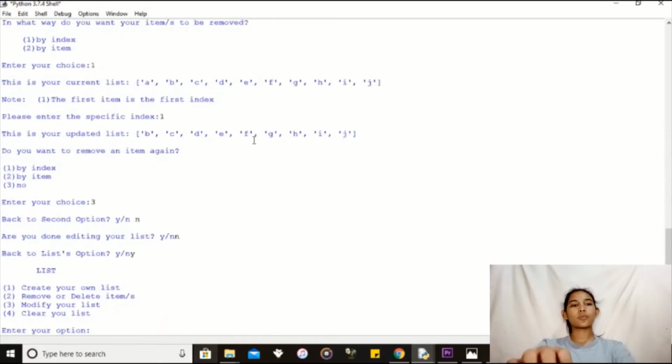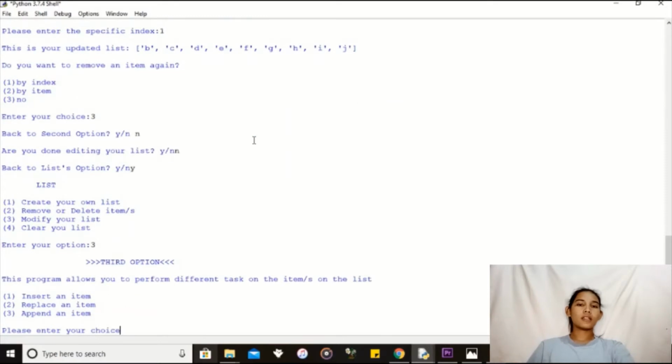We can choose adding items, replacing items. And when you